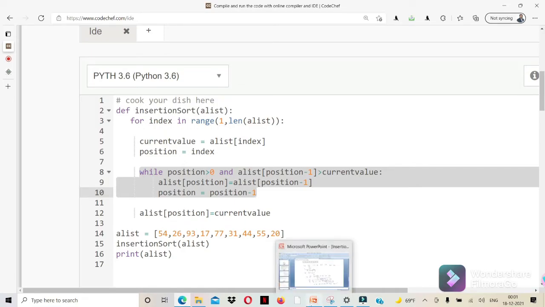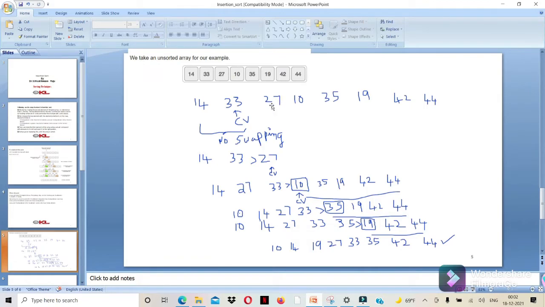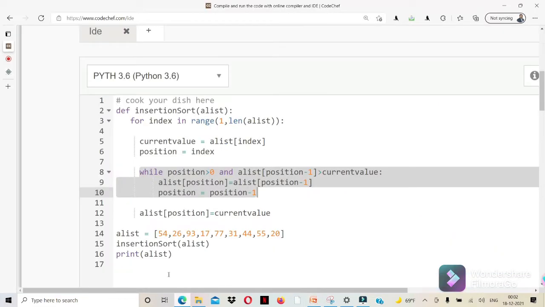So the third element is 27, its previous element is 33, and its previous element is 14. Now if you see here, position, that is 2, is greater than 0, and the element 33 is greater than 27. Yes. So we are shifting the left side elements one step right.